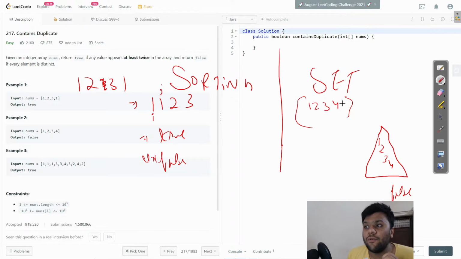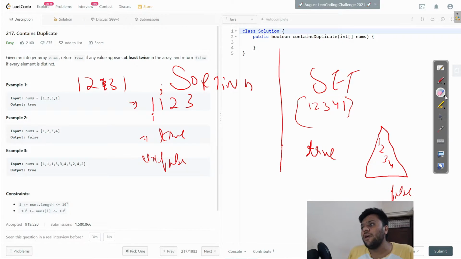But let's say I have 1 again, like 1 2 3 4 1, with the extra 1 after 4. What will happen is, after 4, when I try to add 1, I will check whether it is unique or similar. Once I find it similar, I will simply return true for that. I hope you get a quick idea of how I will approach and solve this question. So without any further ado, let's start solving it.